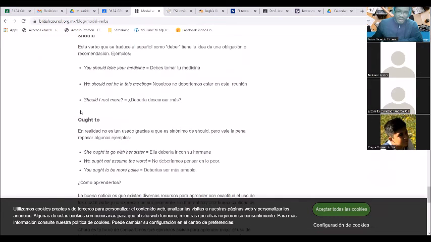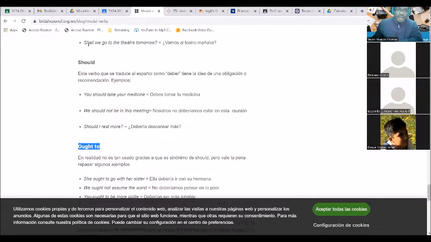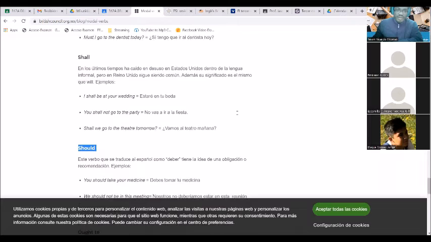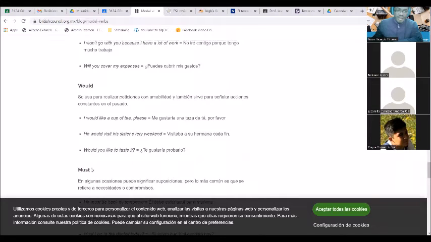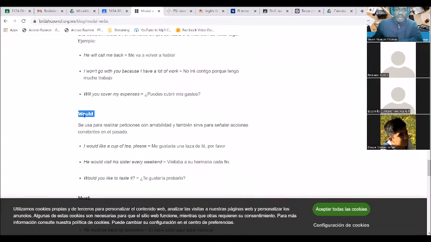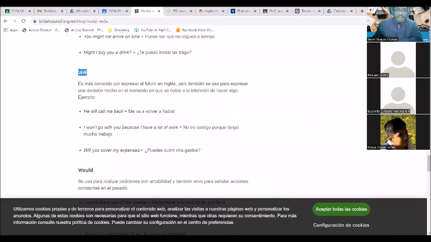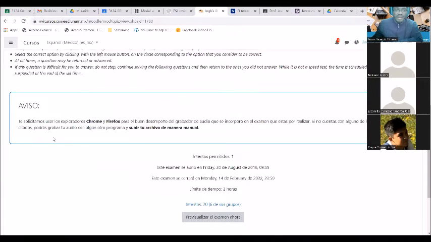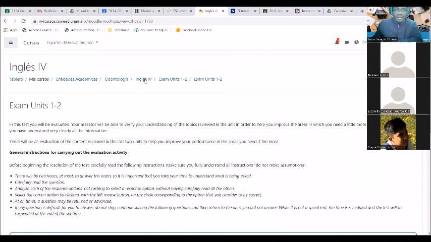We're focusing on ought to and should. We're focusing on must and have to. And we're focusing on will and would, right? That was the last thing we saw in our unit.